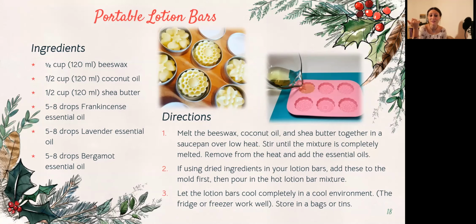Okay, important to use beeswax, and then coconut oil and shea butter. These are like the main 3 ingredients. So you melt them together, beeswax, coconut oil, shea butter in one little pot on boiling water. And then you heat it up, then put in the essential oils. Once it has cooled down, no, actually, so